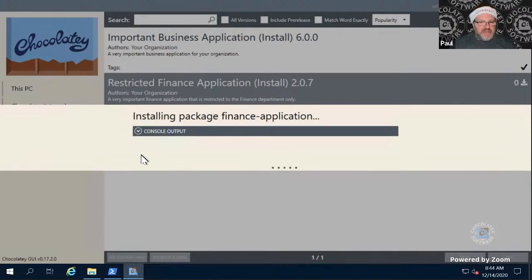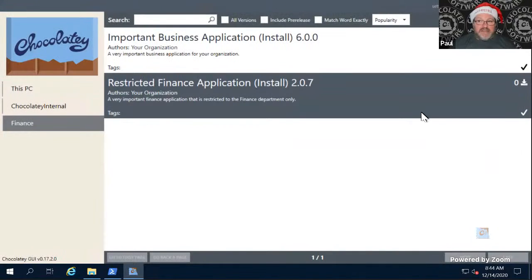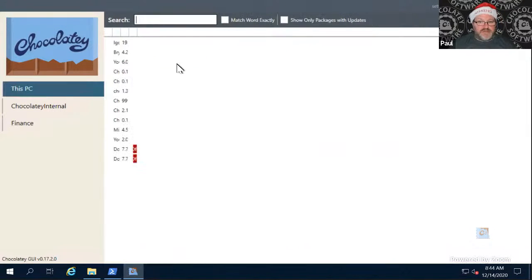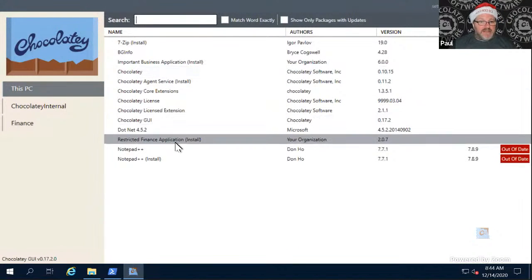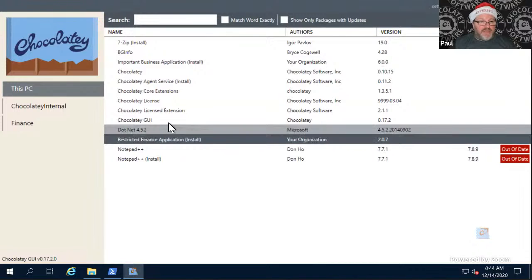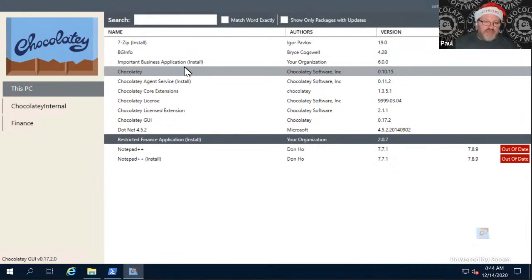Now this package, as I said, is very small. So there we go. We've got the tick there to show it's installed, and it is there as well to show that it's there. Now, again, just to reiterate, Bob does not have administrator rights in this machine, but he can still install and